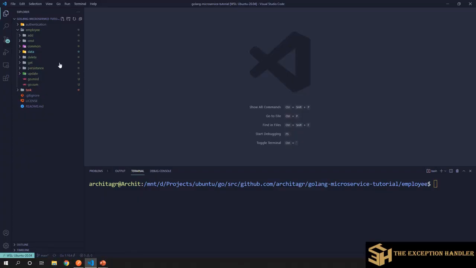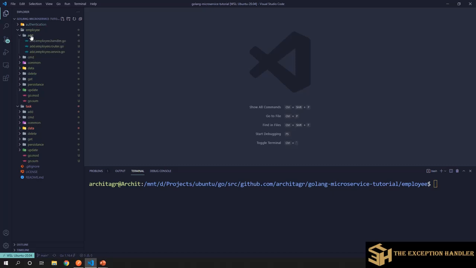So let's have a look at the code that we follow inside the domain services. This is an employee service and a task service. If you remember, we have already created the authentication service, which followed the layered architecture. Now in employee, we are following the domain driven architecture.